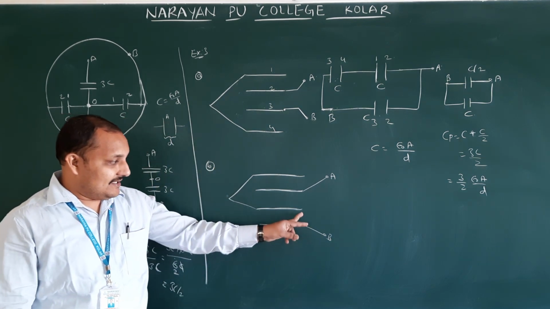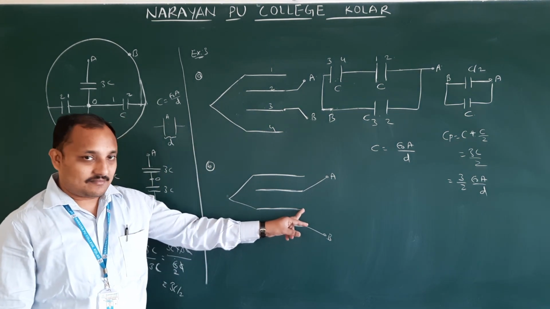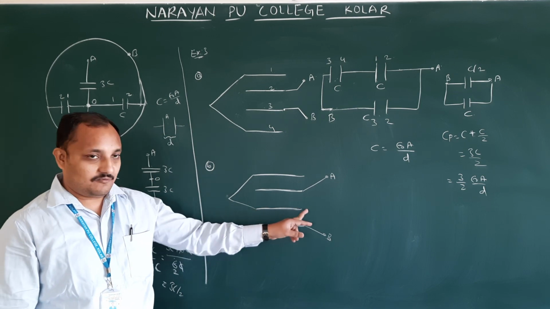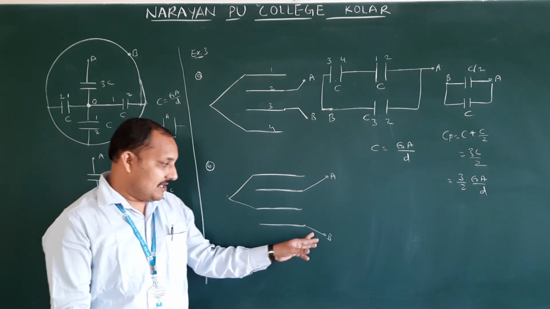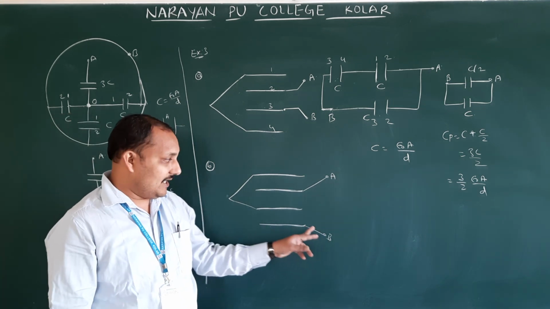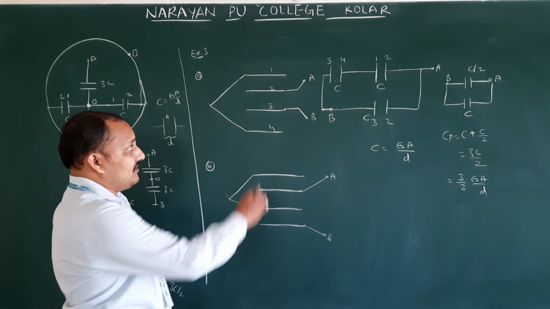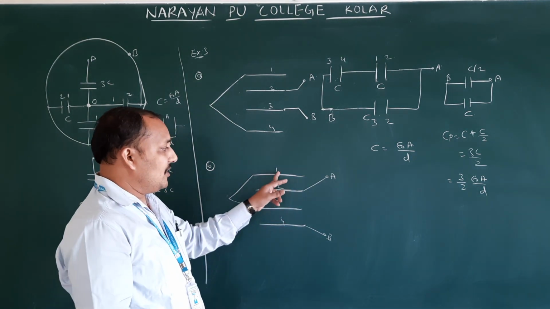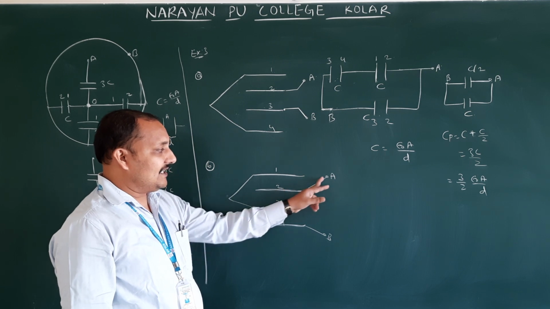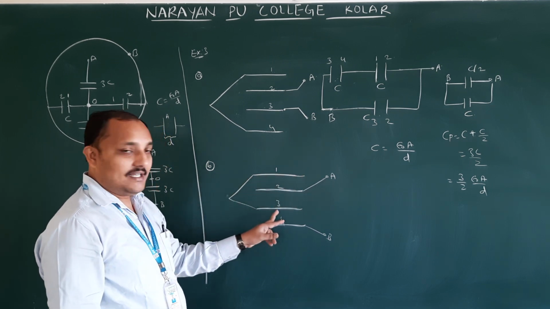B. So in this question they have connected B here. For one plate you should not connect two lines. Why, we will discuss later. So here you should take B here. Again you can do numbers 1, 2, 3, 4. So again 1, 2. Here 2 is connecting for A. 1 is connecting for 3 here.